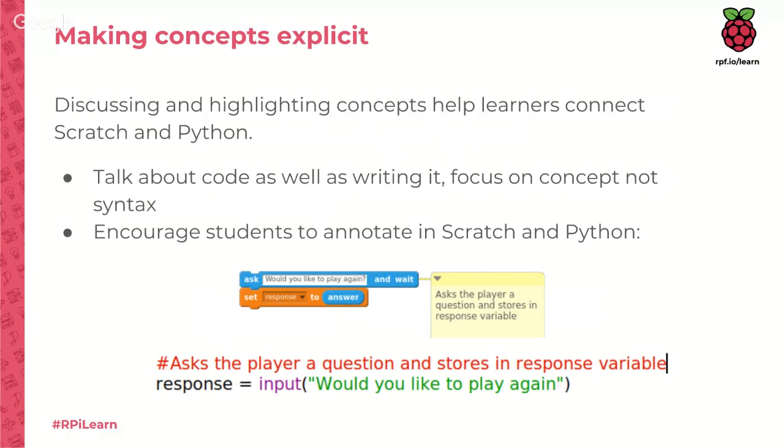Another barrier that somebody else identified is that to the pupil, it can feel like a step backwards. We've been doing all these great things in Scratch, and then we take a step backwards and write simple text programs in Python. We are going to address that barrier a little bit later on. That's a really interesting and valid point.